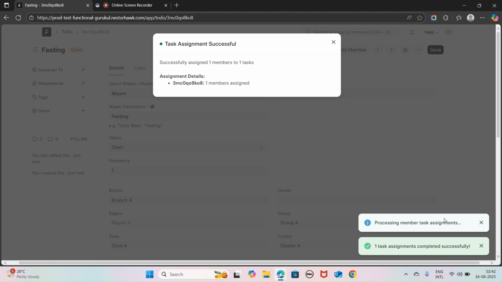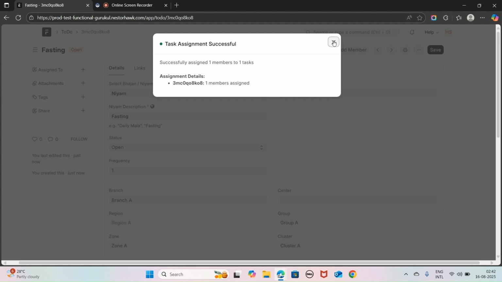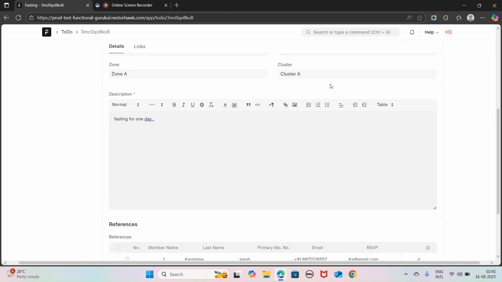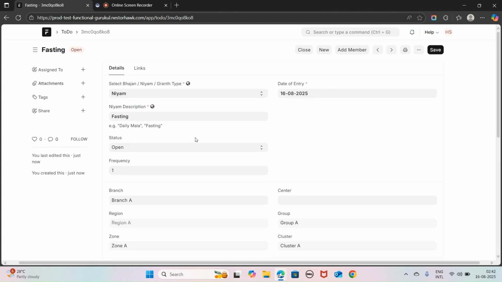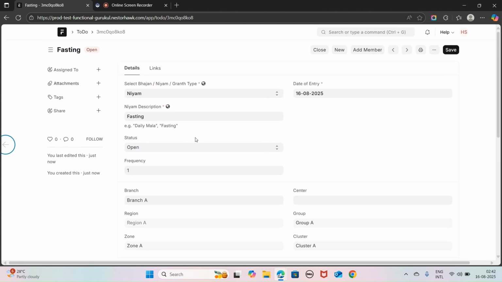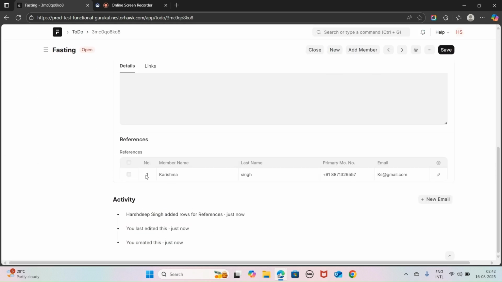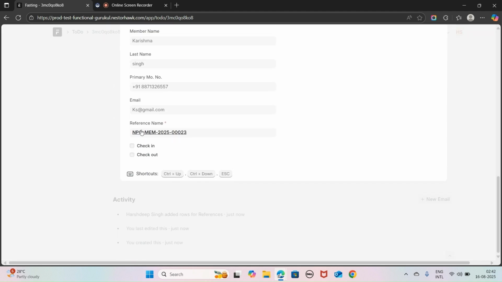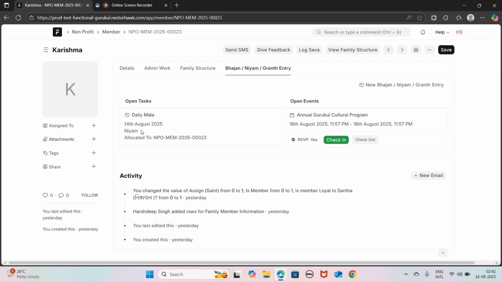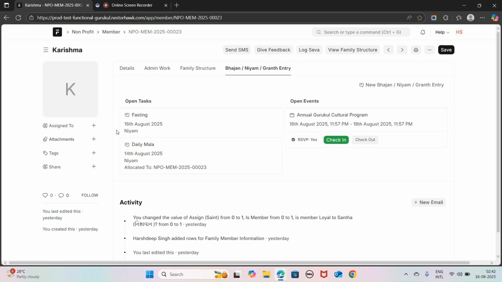Now you will see the assignment is completed, and you will see that for fasting the member has been added here as Karishma. You can go to the member directly from here, click on this, and you will see that fasting has been assigned to this member.